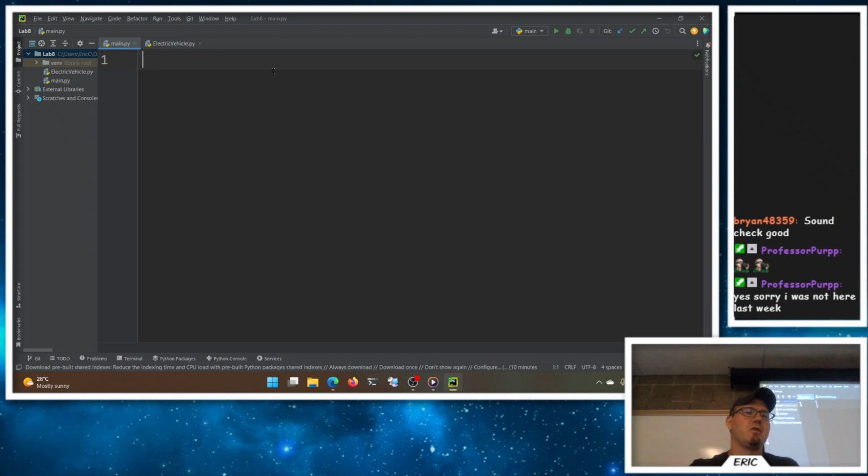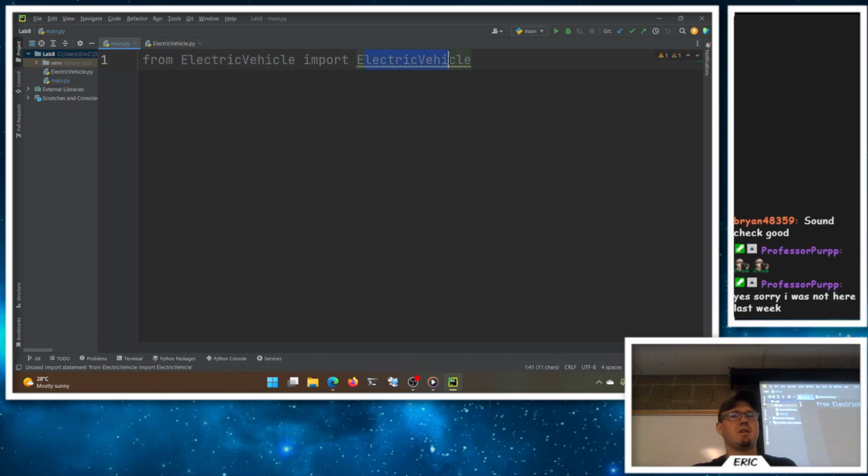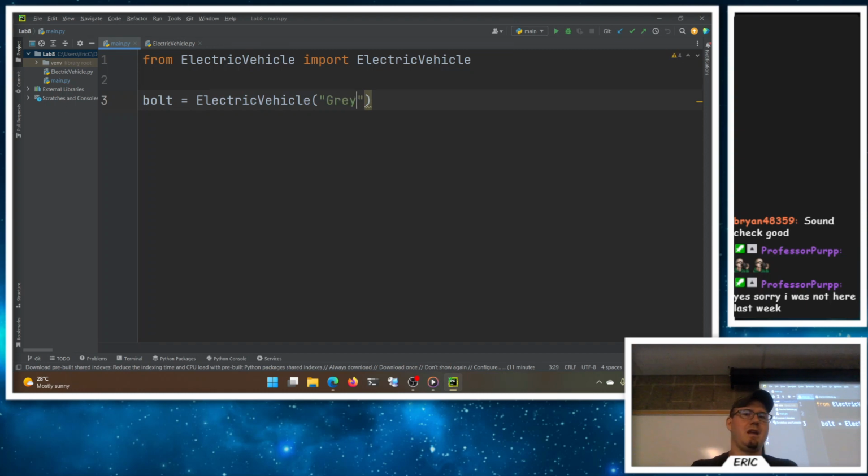But for now, we can just say, hey, I want to, from electric vehicle import electric vehicle. So it's from the name of the file, import the class name. And I can say, hey, I want a Bolt is going to be an electric vehicle. Mine was gray. I don't have it anymore. I'm a little sad, but that's okay. It was a Chevy Bolt,